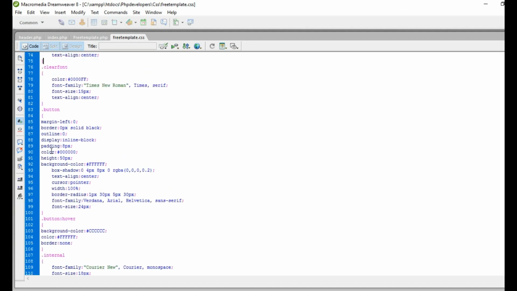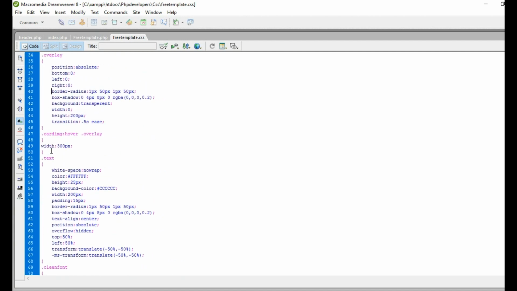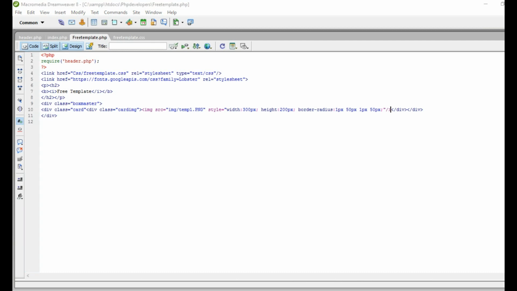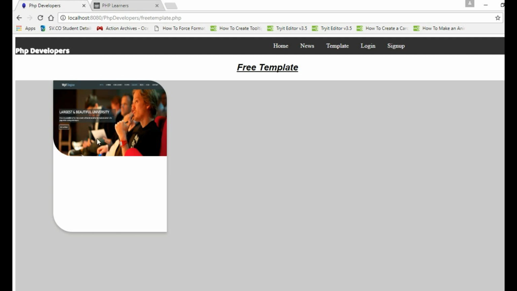So card image, and here our I'm pasting this in here, pasting it here, and then we will close our image tag. Okay, now let's check what happens. You can see here an image,